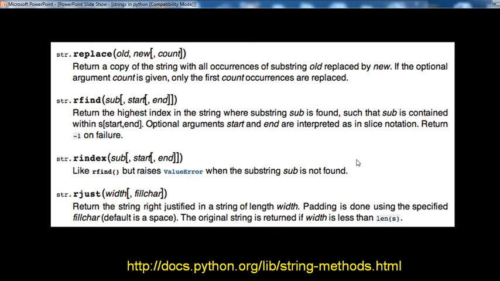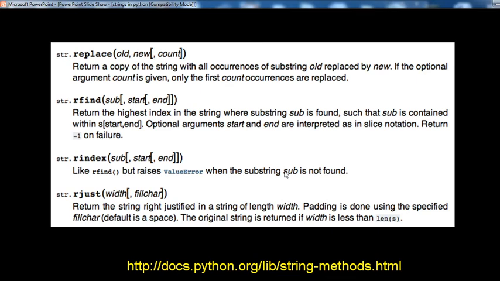Second, str.rfind(sub, start, end). Return the highest index in the string where substring sub is found, such that sub is contained within s, that is start and end. Optional arguments start and end are interpreted as in slice notation. Return -1 on failure.